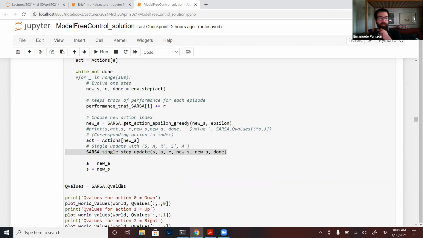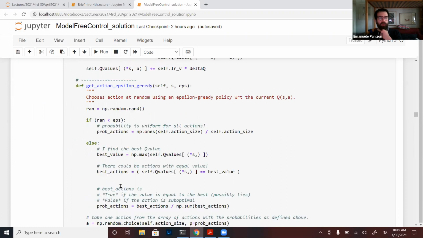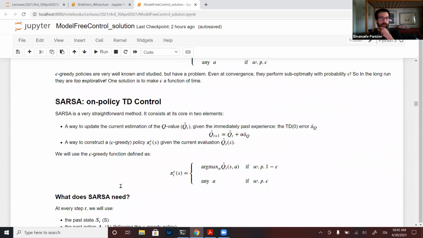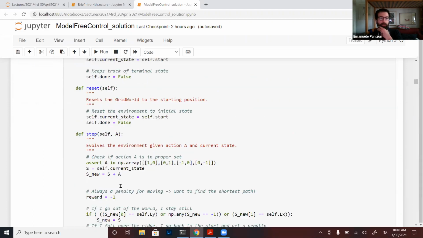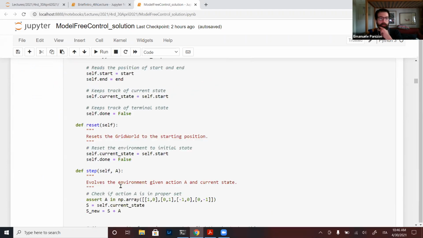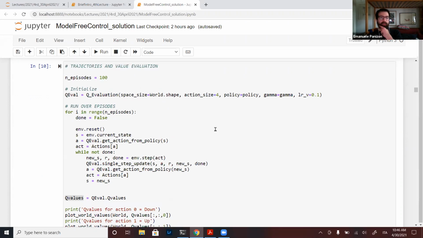If there, instead of saying, you know what, the environment is a grid world, yes, here.